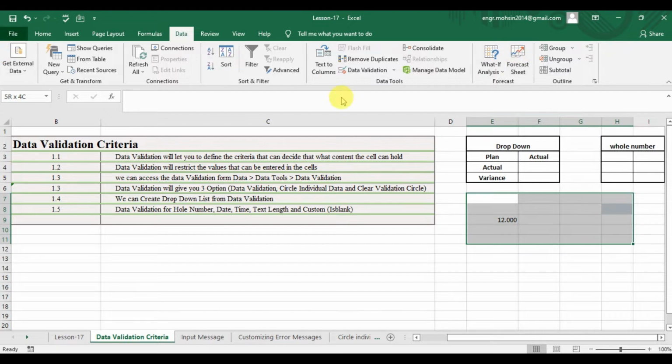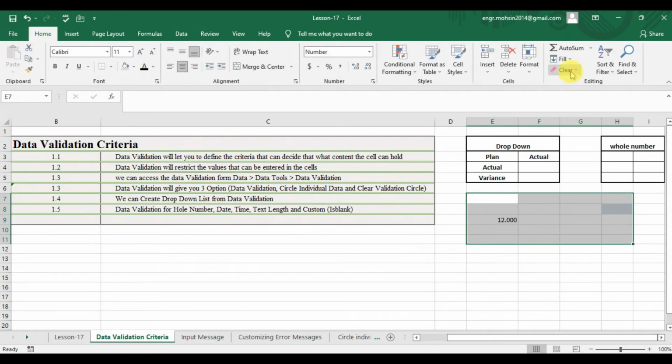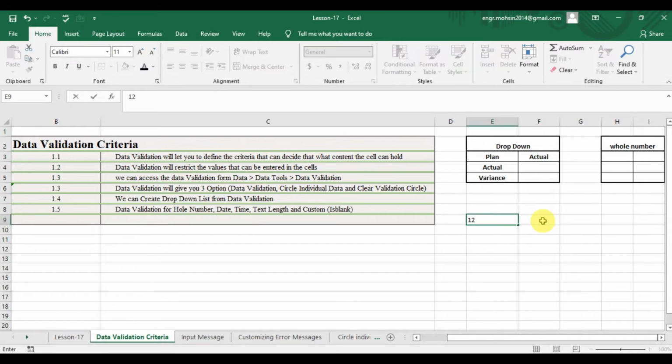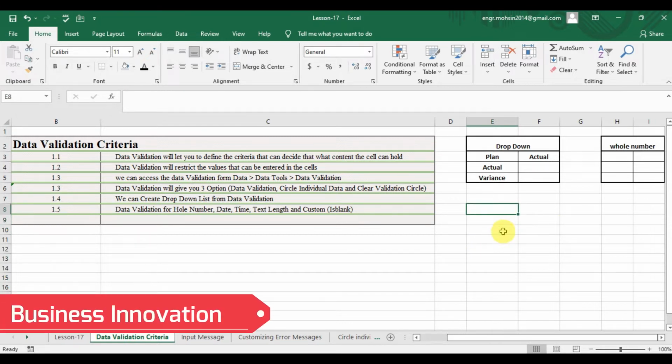Home, clear all. Now if I have a blank cell, I can put a text here, numbers here or text here. But if I want to define certain criteria to input the data in this cell,